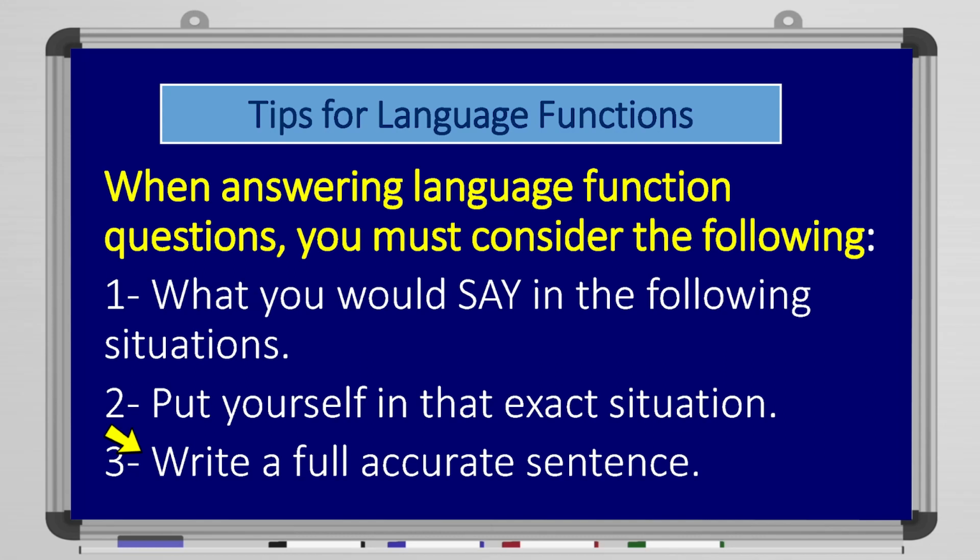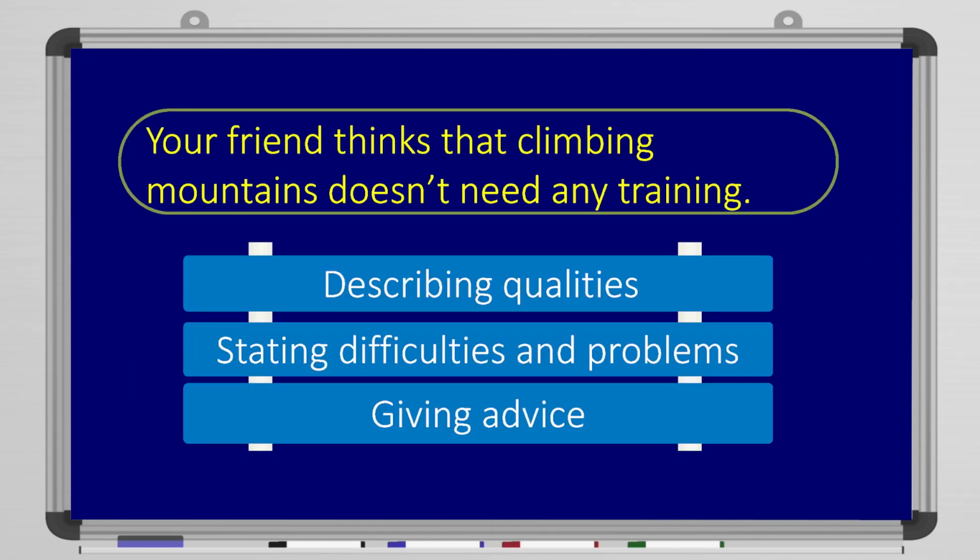Let's look at the first example. Your friend thinks that climbing mountains doesn't need any training. What do you think? Someone tells you climbing mountains doesn't need training. How would you respond? You're either going to agree, disagree, give your opinion, state difficulties and problems facing these things, or describe qualities. So you could say, I disagree with you. I think climbing mountains needs lots of training. Or you can say, I advise you to train if you want to climb a mountain. You can use any sort of answer as long as you are ready to write it down in a clear,